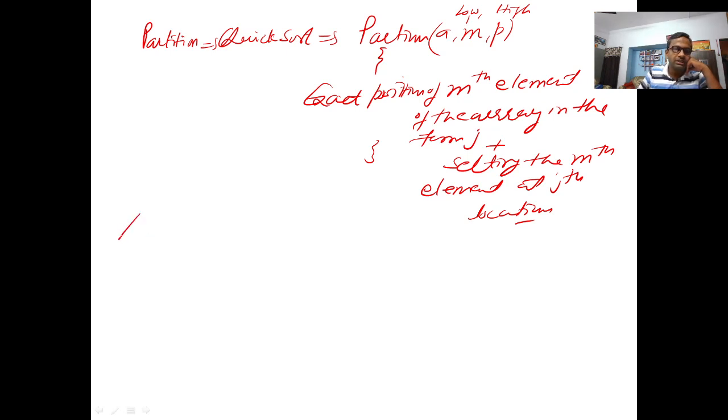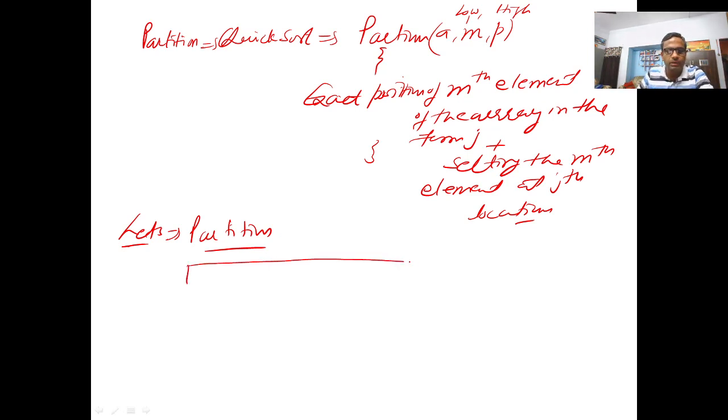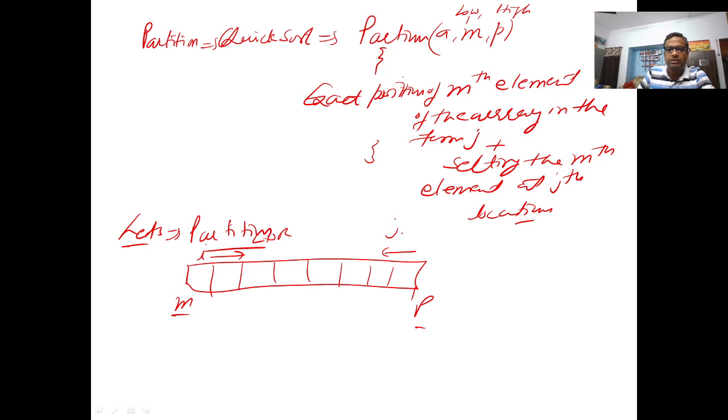Now let's discuss the time complexity of our partition algorithm. The algorithm was working on the principle of, let there be the array denoted like this. The higher bound was p, the lower bound was m. So there was a pointer i that started moving from left to right. There was a pointer j that was moving from right to left, and we were checking the crossing point of i and j,